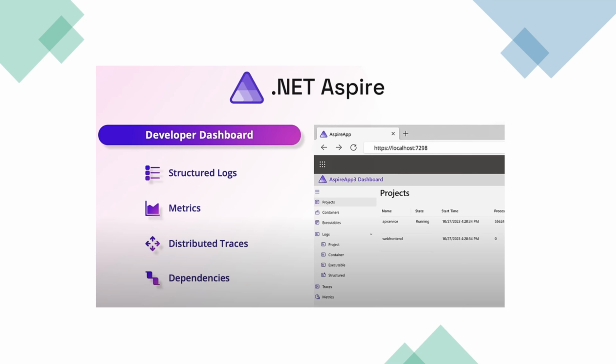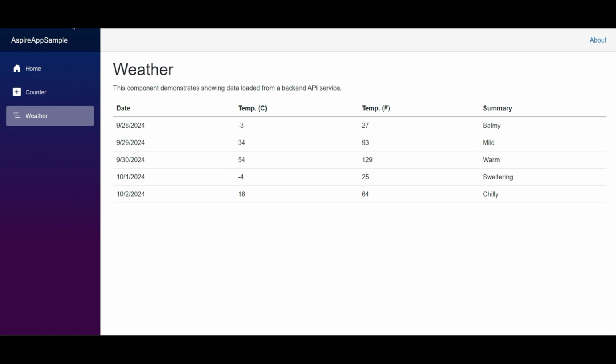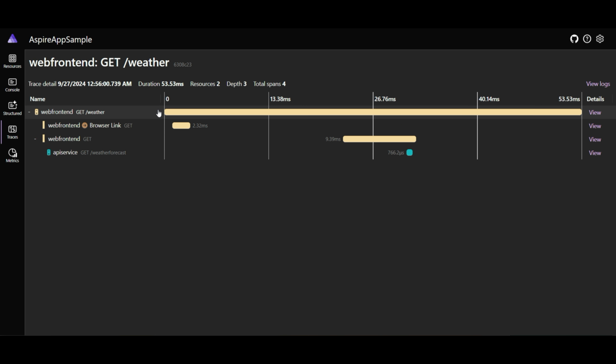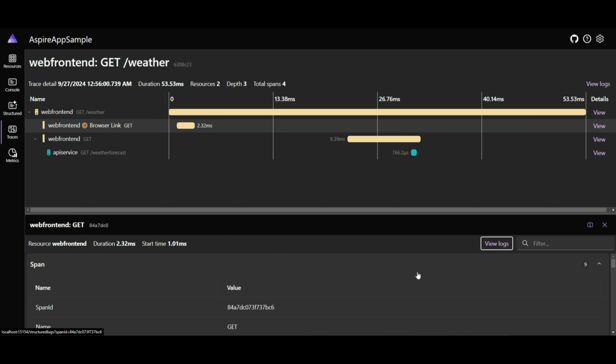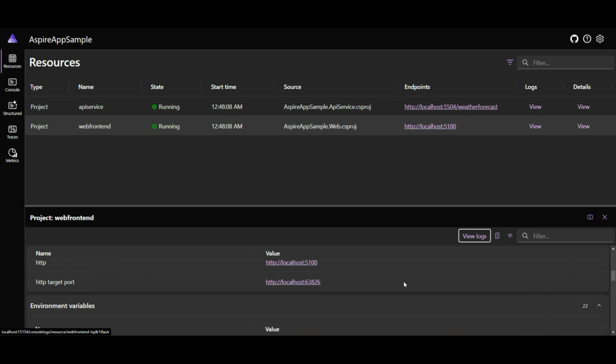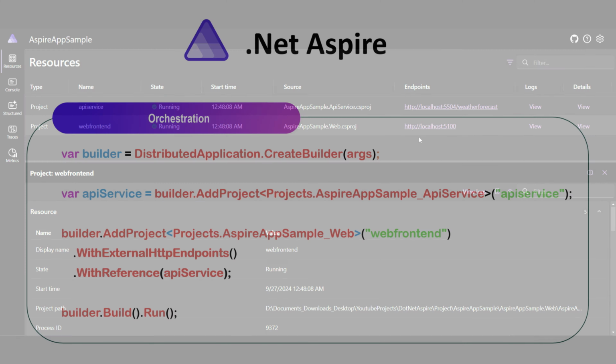The Aspire dashboard shows at a glance all the pieces of the app that are running. It's designed to give you relevant information to diagnose what is going on with your app while you are working on it or diagnosing a specific bug. It's flexible and can be deployed to your production environment as well. When deployed, it can work with your other monitoring and telemetry systems, providing a window into debugging specific problems as opposed to ongoing health monitoring or discovering issues, which your other telemetry system might focus on.